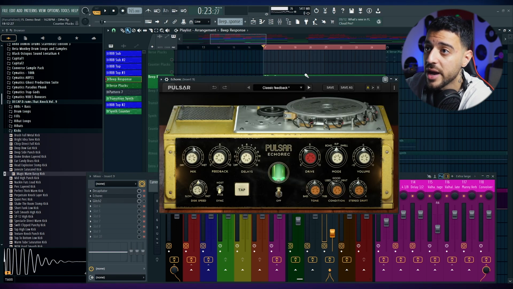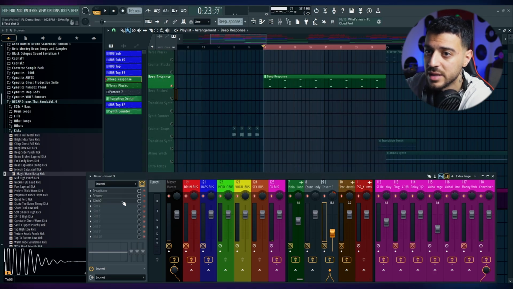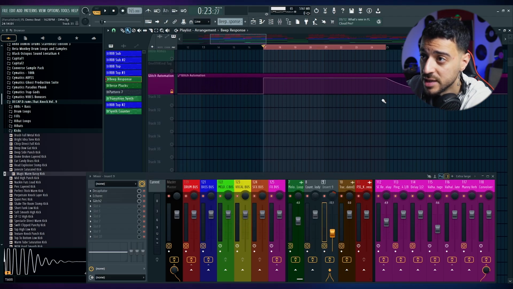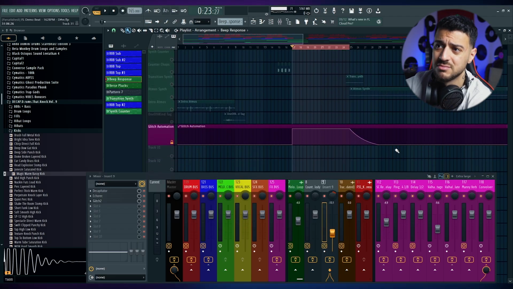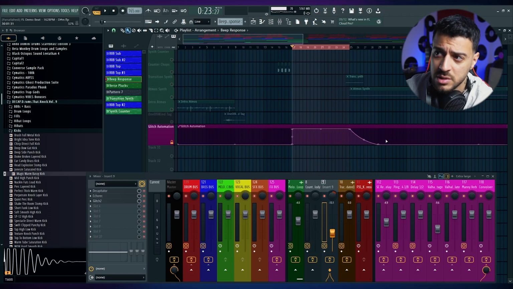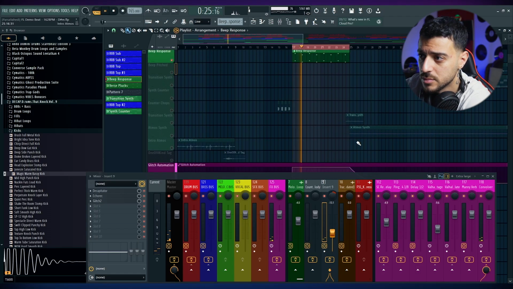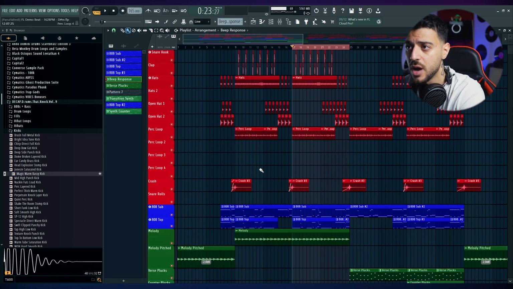Second, we've got Echo Rec, which adds kind of a slap delay. And lastly, we've got Glitch, and I'm only using lo-fi for these 2 sections, automating it in, because if you don't automate it out, it just keeps adding fuzz for some reason. It's because of the plugin itself. And together, you hear those lo-fi glitch sounds, right? That's pretty much everything we've got